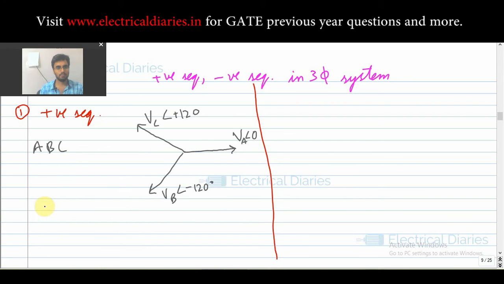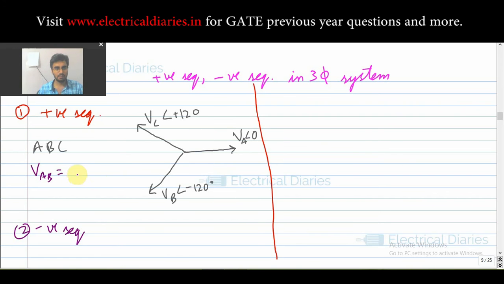Now, about the negative sequence, if we are talking about balanced loads, which we usually do, then VA is equal to VB is equal to VC in magnitude, and only the phasor directions differ. Let us take VA, VB, VC as phase voltages. Now we have to calculate the line voltage for the positive sequence. Let me calculate VAB.